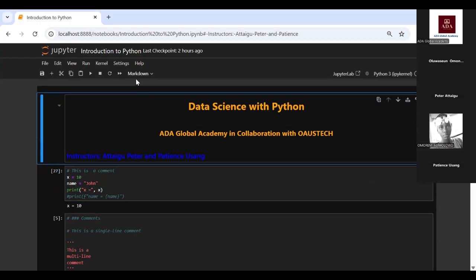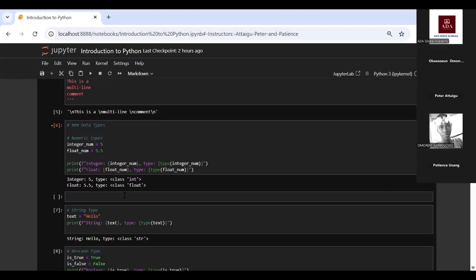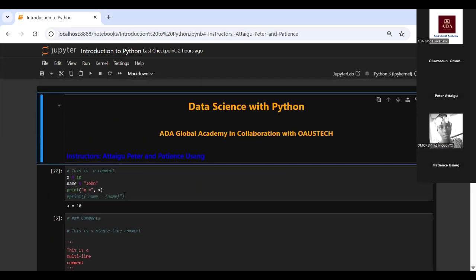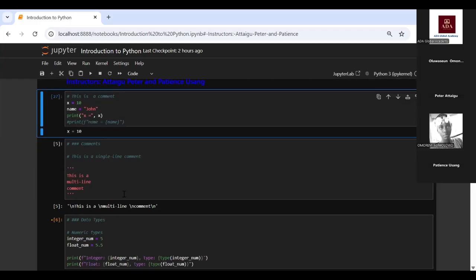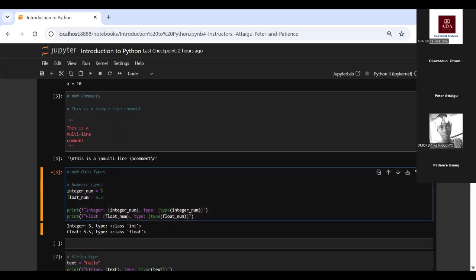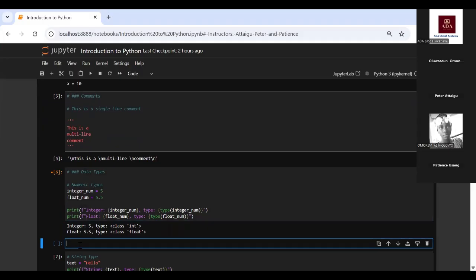You can see at the top we have the markdown. Markdown is used to beautify your code, to make it look good and readable to the eyes, because sometimes just adding code and comments alone is not enough. I intentionally made this yellow, so that you can see that you can do a lot. If you're good with HTML, you can add it here to your markdown. If you're good with LaTeX, you can add it here. This actually helps your work to be beautiful. So when I said Jupyter can actually forgive us,